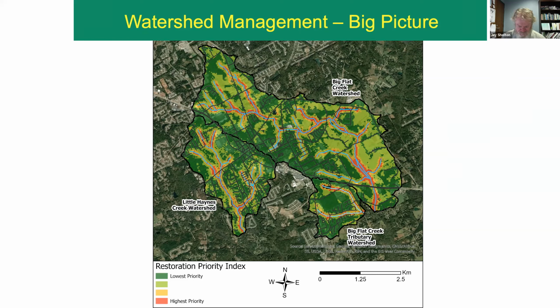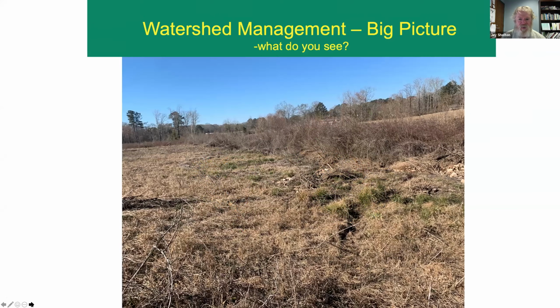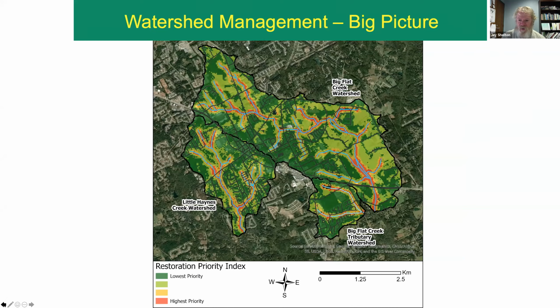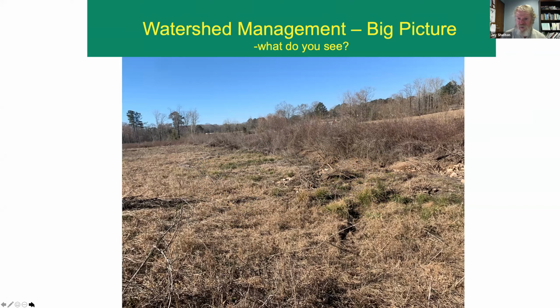And so this is one of those situations where we've got to balance everybody's interests, or as I usually put it, try to keep everybody involved equally unhappy, because it's impossible to keep everybody happy. So here is one of those priority areas, those red areas, which are high priority. And it doesn't really look like it, but this is actually a small stream in an urban area.